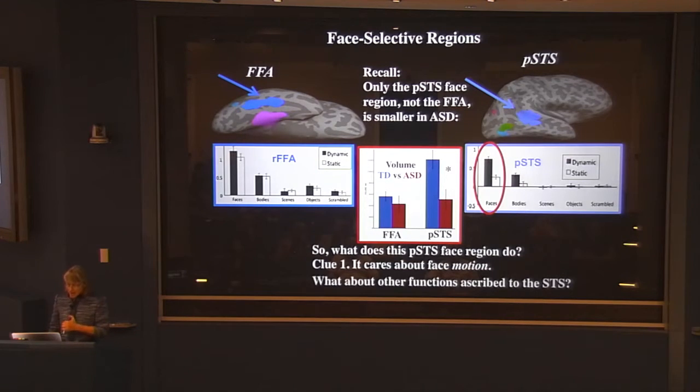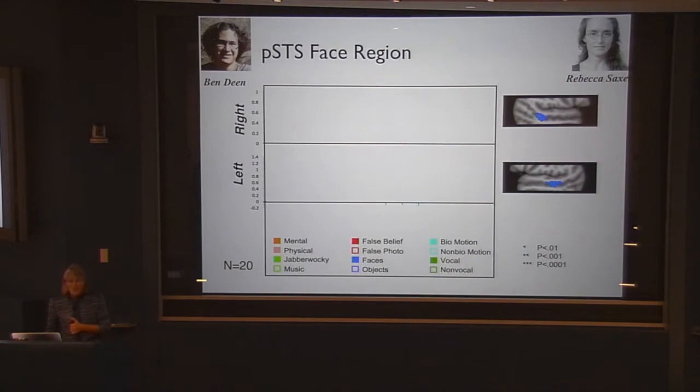Okay, but what about other functions that have been ascribed to this region? Rebecca and Ben and I looked at that face responsive region, and we measured its response to all of these other tasks here. So this is a smorgasbord of all the contrasts that people have used to show activations in the superior temporal sulcus. And first, what you see in that right face region is a higher response to faces than objects. That's how the region was defined, so it better do this. I mean, this is left out data, so it's a replication, but still, that's expected.